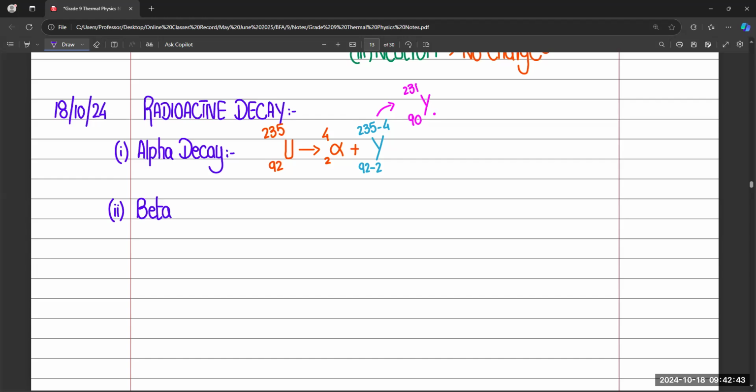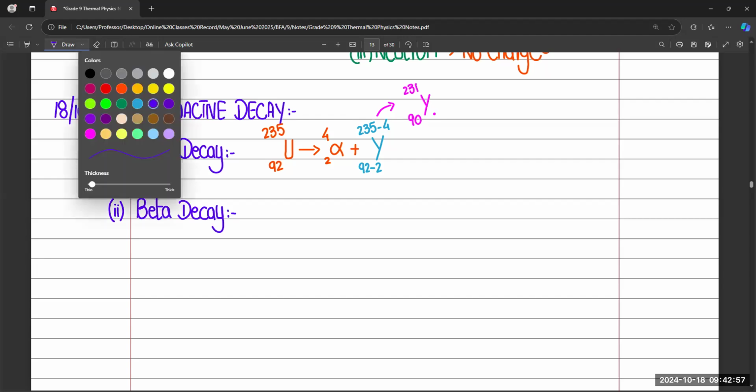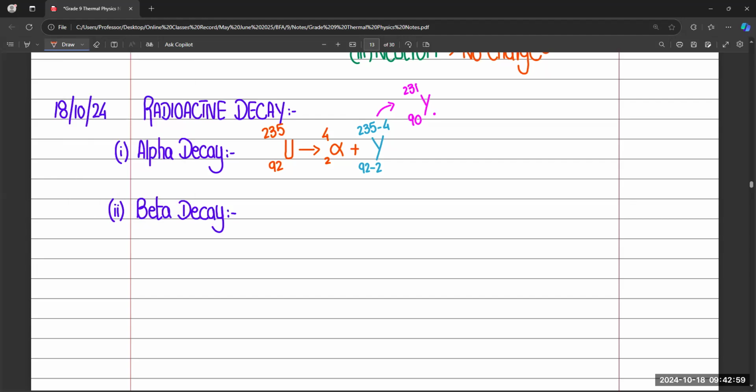in the nucleus of an atom. In the same way, if we talk about beta decay, so beta decay थोड़ा सा different है, because we know that हम number of electron कहीं show नहीं करवाते, right? So for example, if we consider same example uranium, 92 235, and it is going to decay into beta particle -1 0। ठीक है।